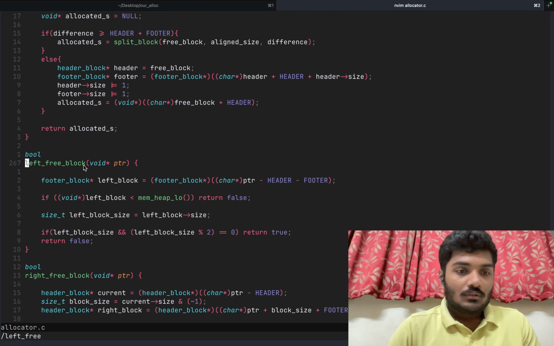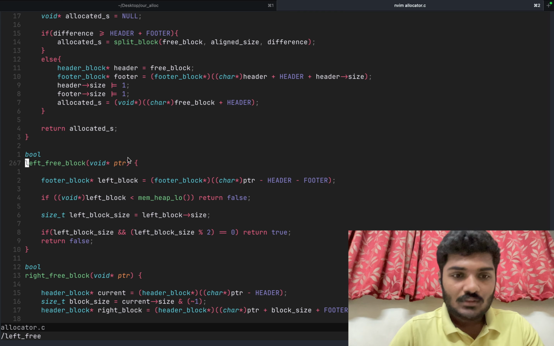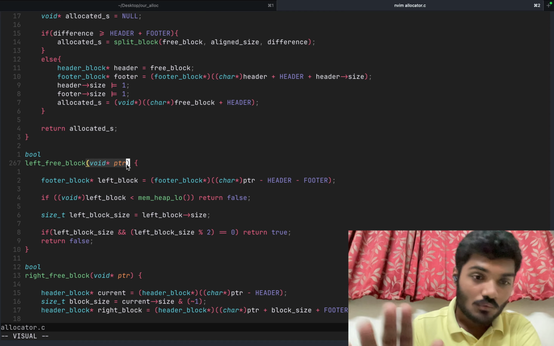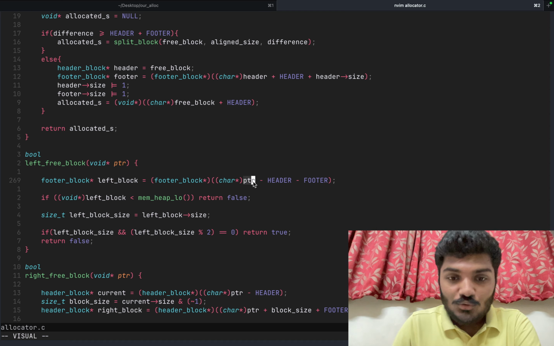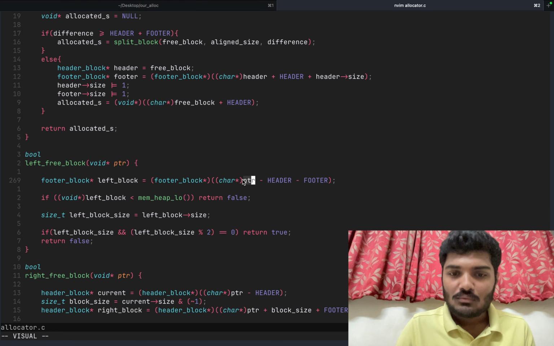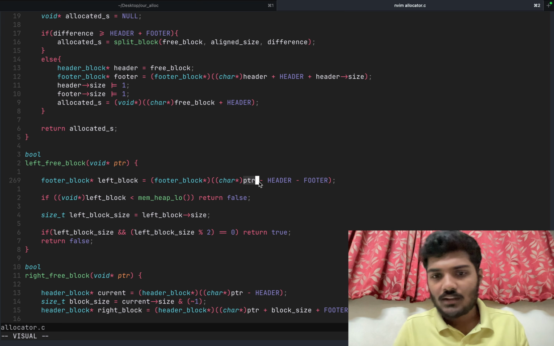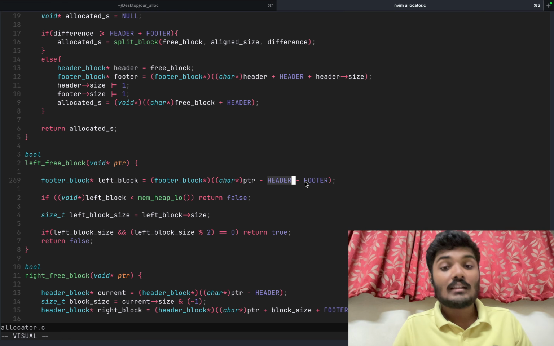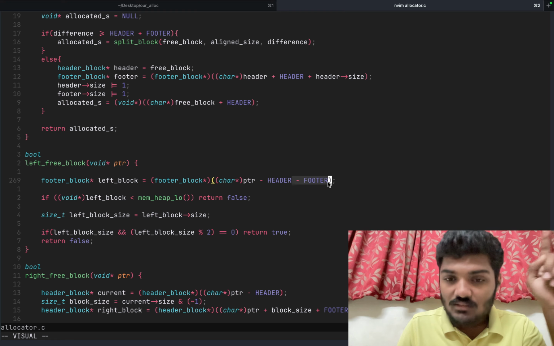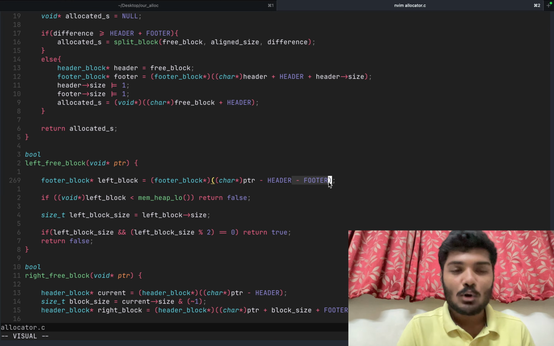So yeah, we were over here. So this is the left free block, and here what we will do is that, okay, so this pointer is actually the space pointer. It's not the block one. So to check if the adjacent left block is free, what do we have to do? Well, we are at the space pointer, so we have to move by header behind. That's cool. And then we have to move footer behind. So by doing this minus footer,